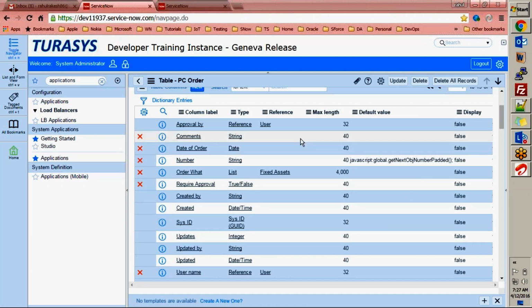So see, these are different types of data that we have associated and that will be displayed on the form, as we saw on the form, right? Approval by, the reference field, reference to the user table, right? So this is how it happens. If you need to add a user field,